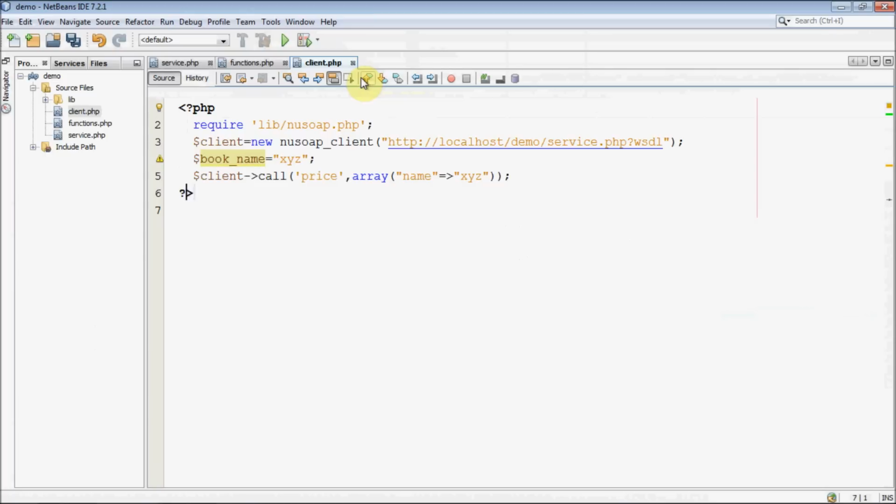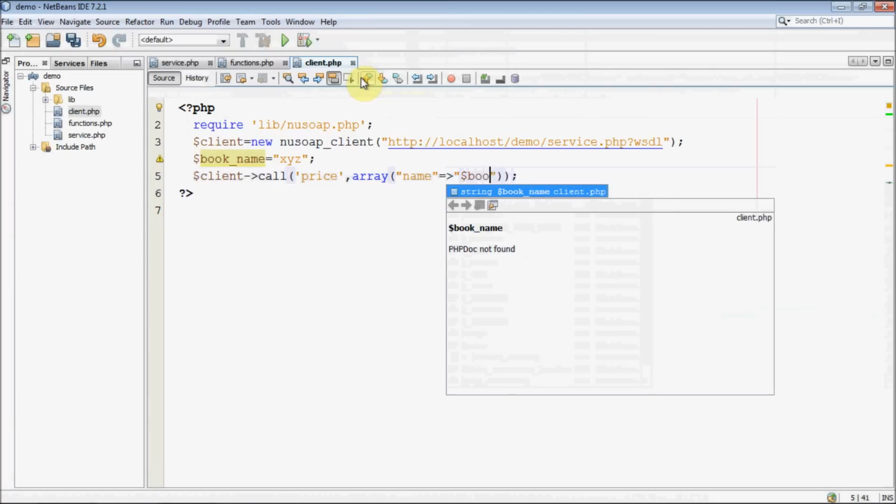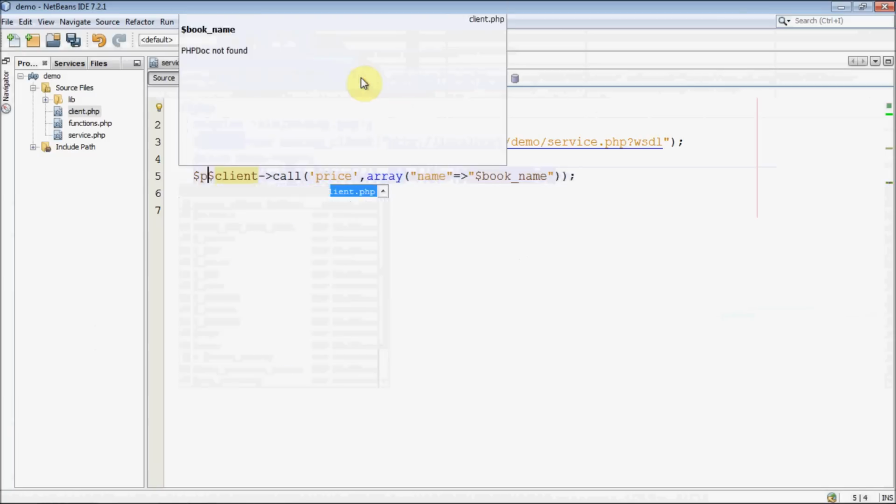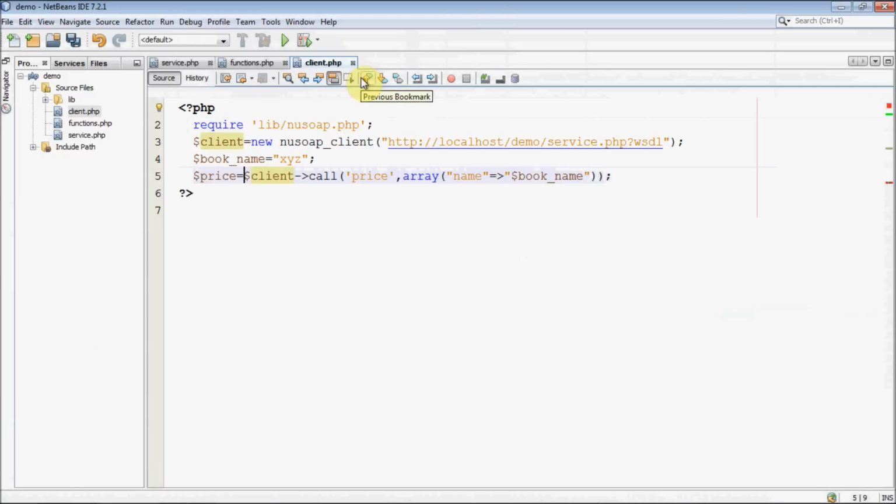And change that name here also, calling it book name. As I said, our service will accept the name of a particular book, and it will return the price of that book. So the logic is very clear.